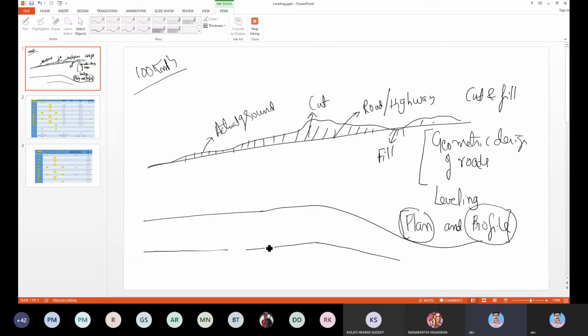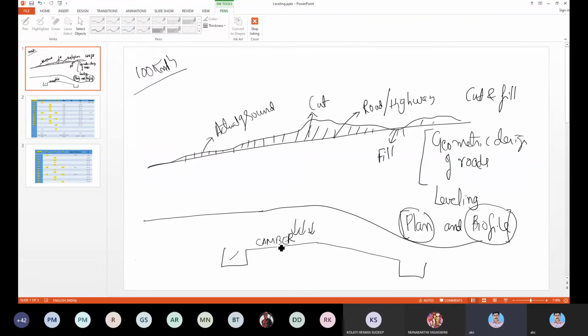So this crown, we call it camber. We study it in the next semester. This camber is given to disperse the rainwater as soon as possible into the drains. So it will give drains here. So when rainfall comes on the particular pavement, the water can flow and go to the drain without damaging the pavement or the road.